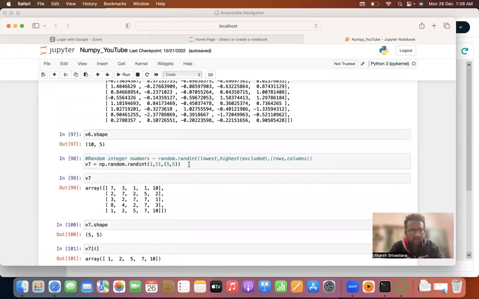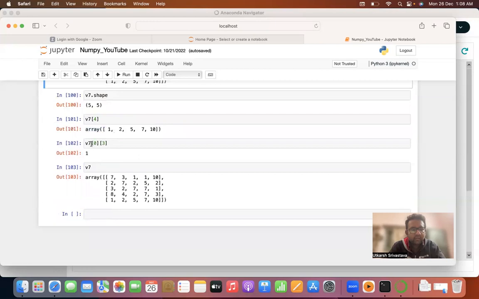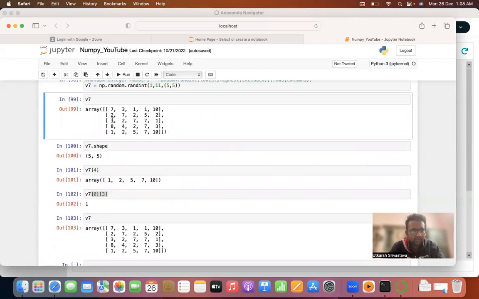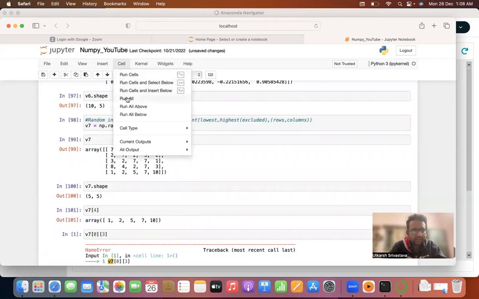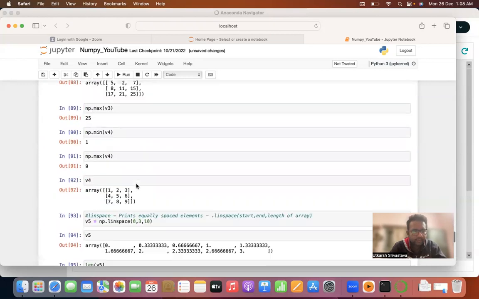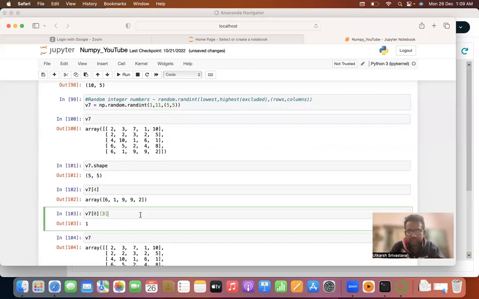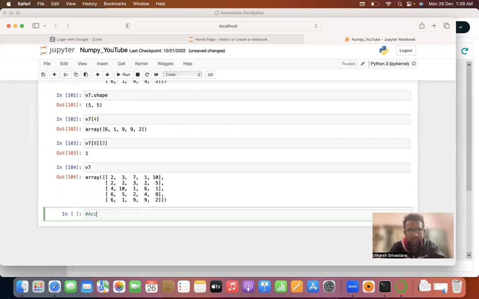In the previous video we saw how to access rows in an array. We also saw how to extract only one single element out of an array, let's say we want to extract this one. So v7[0][3]. Let me run this entire cell. v7[0] is your zeroth row, and 3 is your third element, counting from 0, 1, 2, 3. If you want to know it further, you can see our previous video in the link tab at the top right corner of your screen. In this particular video, we'll see how to access columns